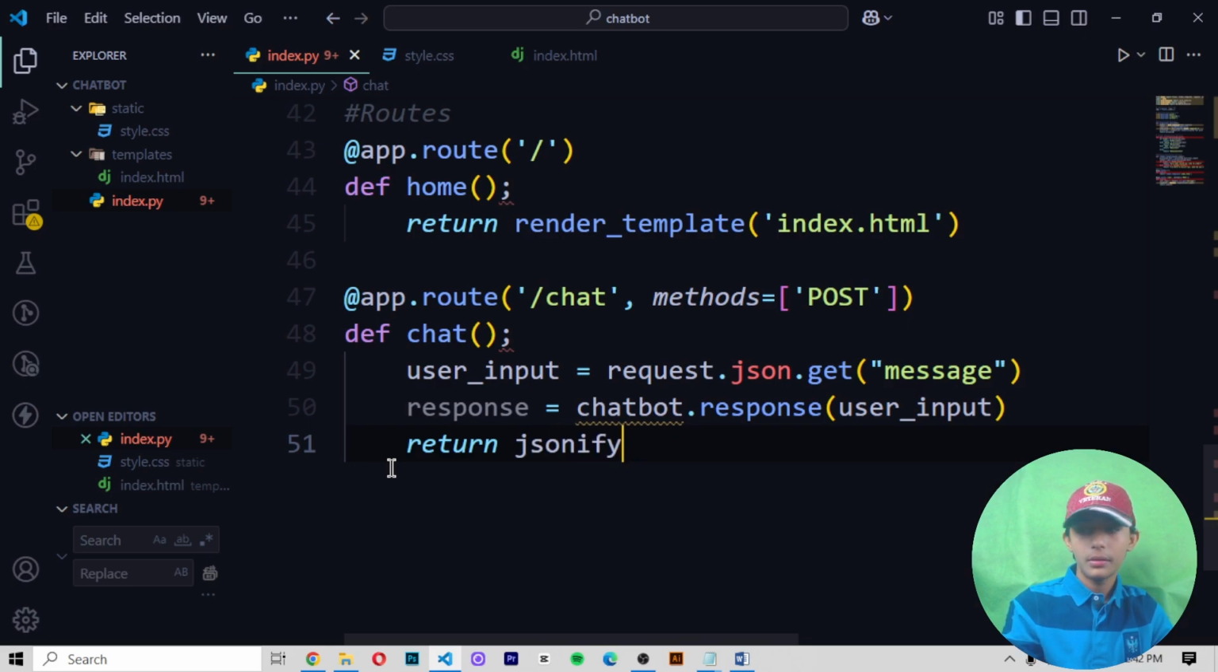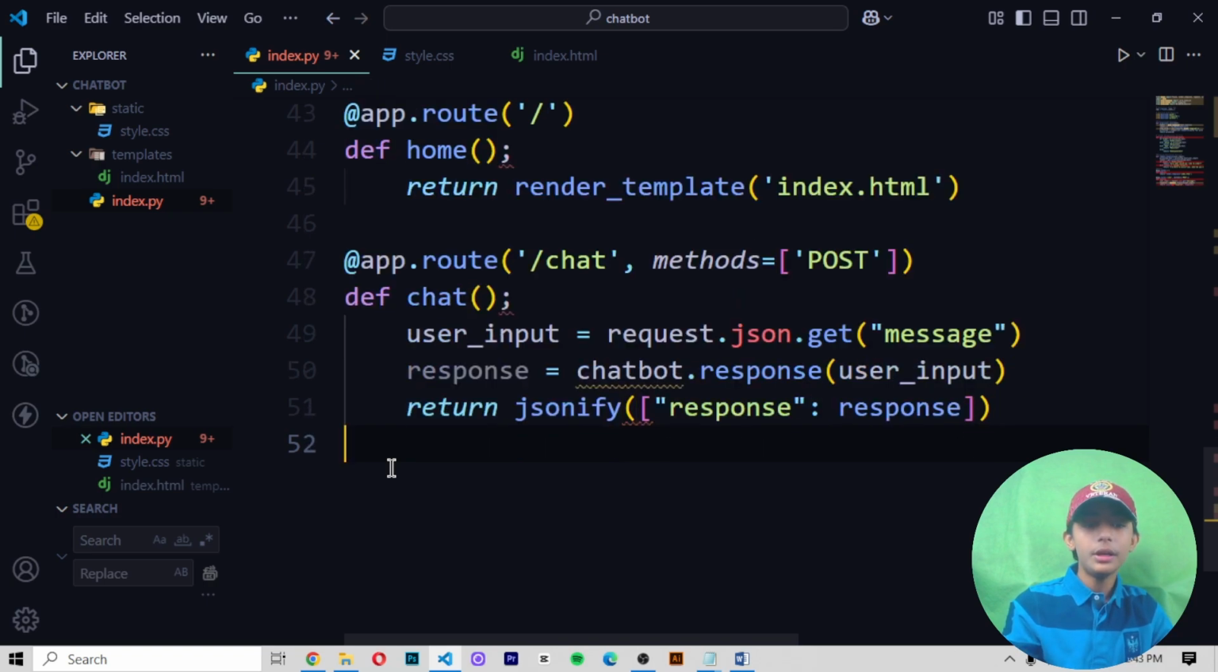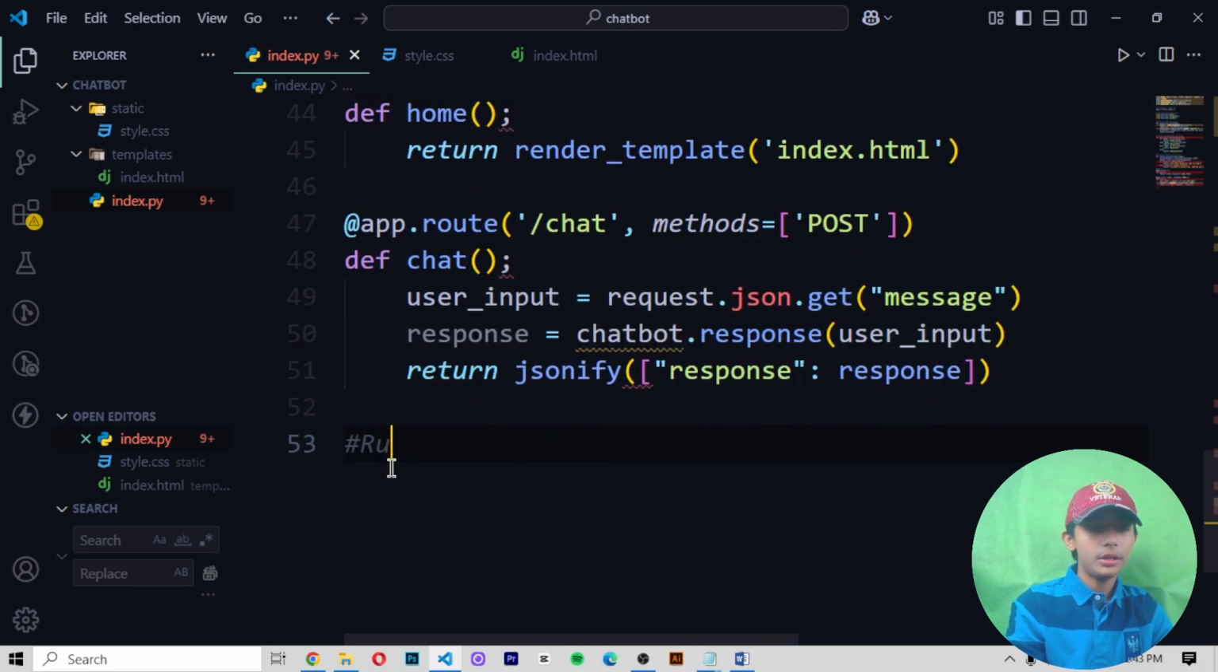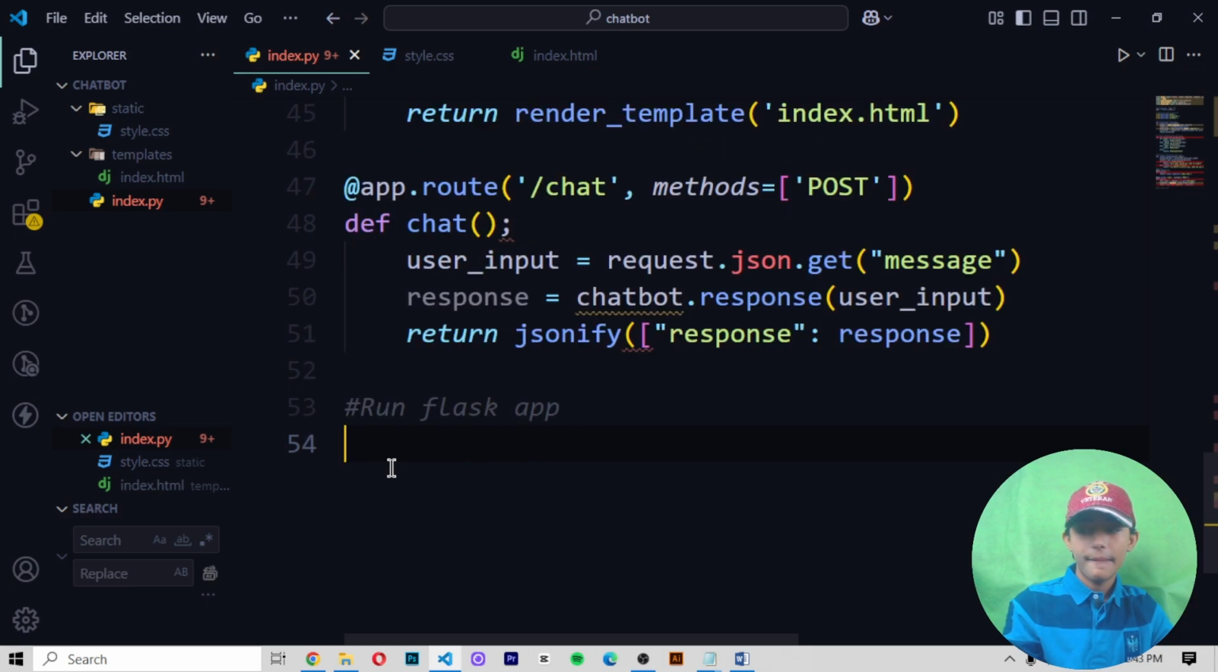jsonify, then here we define response, then response, and now perfect. Now here we run our Flask app, okay, run Flask app, like if __name__